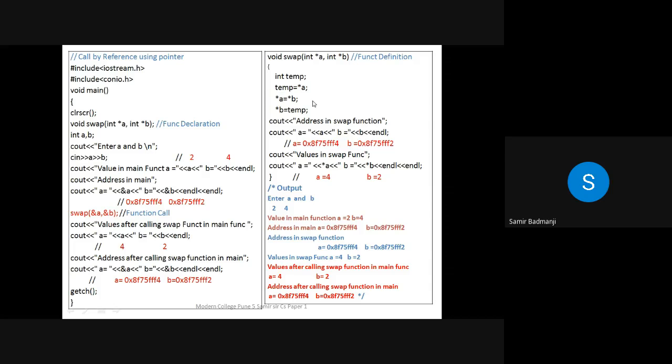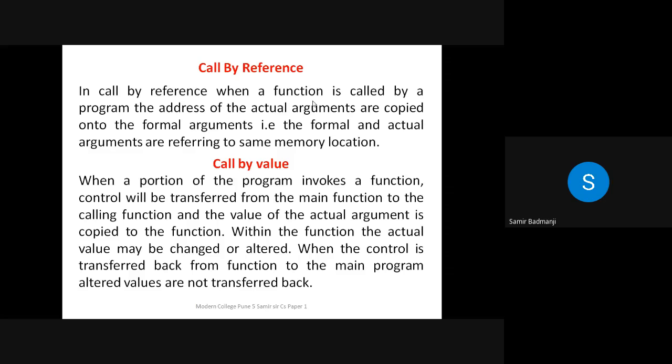So what happens in call by value is, when a portion of the program invokes or calls a function, control is transferred from the main function to the called function, and the value of the actual argument is copied to the function. Within the function, the actual value may be changed or altered.